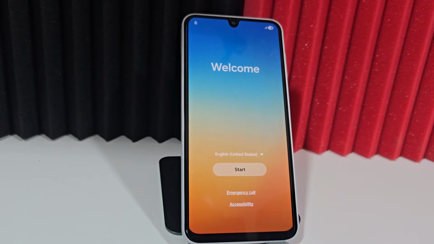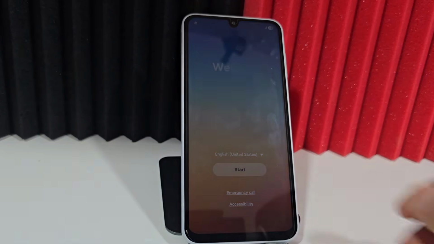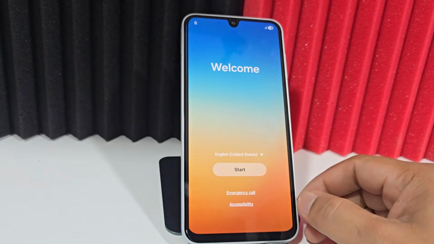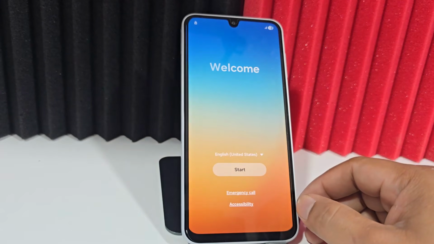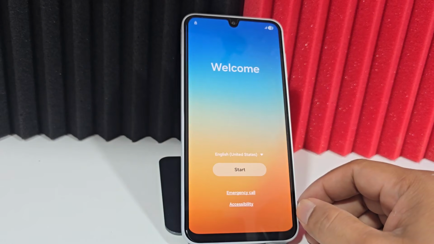A completely PC-free method where we'll explain step-by-step how you can recover your device. One of the easiest and fastest ways is to recover your device. To do this, it's recommended to watch the step-by-step video tutorial so you don't miss any details and can follow along exactly as we